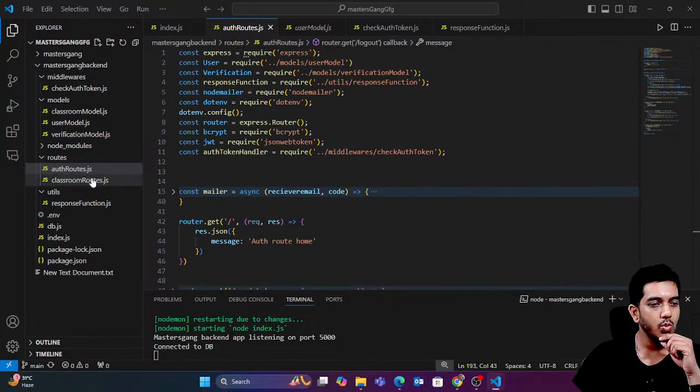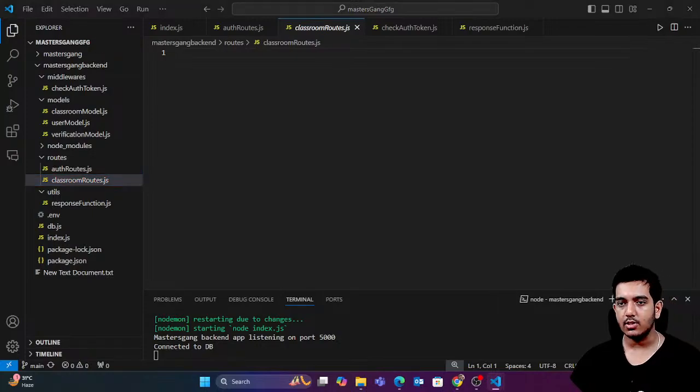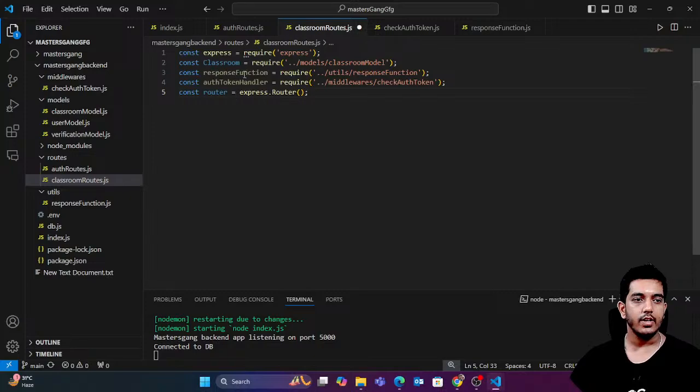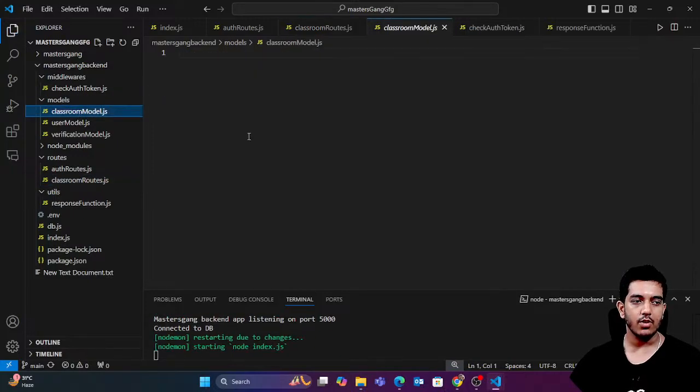Now I need to do some things for the classroom routes also, so I'm going to finish the classroom routes. Here guys, I have imported a few things, out of which you can see response function is done, auth token is done, classroom model is not done. So in classroom model, what we are going to do,